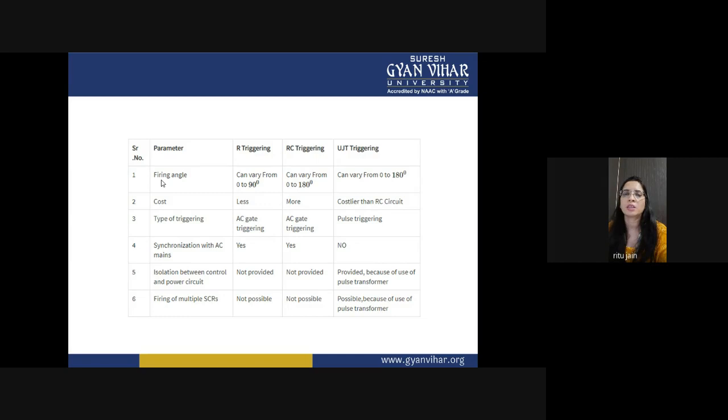As the name indicates, in forward voltage triggering you can trigger the SCR by applying a forward voltage which is higher than the forward breakover voltage. But it has a disadvantage: if you apply a higher voltage, it can damage your SCR. Next was temperature triggering, in which you were increasing the temperature of the SCR. This is also harmful. It is not widely used.